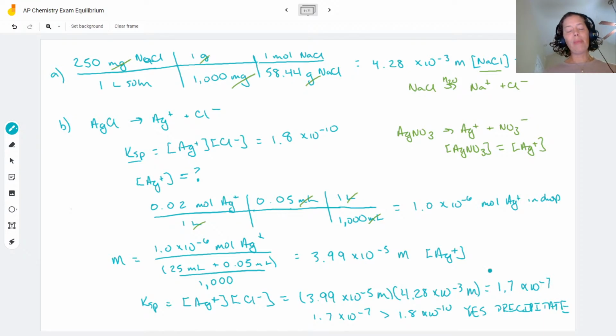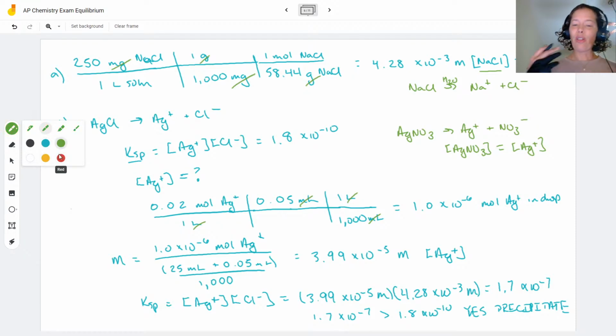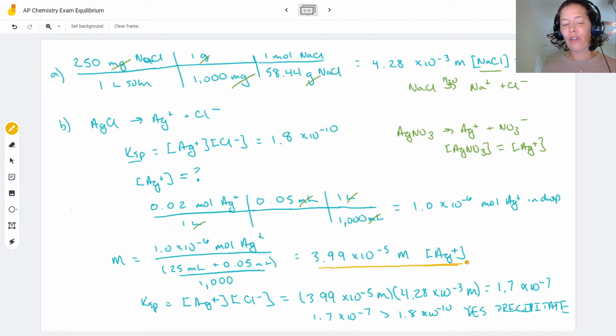Okay, now I did promise that I'd show you a little bit simpler way to do this, because you have taken a drop of silver and all you've really done is diluted it. So if you thought of this in the moment, you can actually use your dilution formula to get this concentration of silver. So you can use, I'm just going to put it over here, M1V1 equals M2V2,